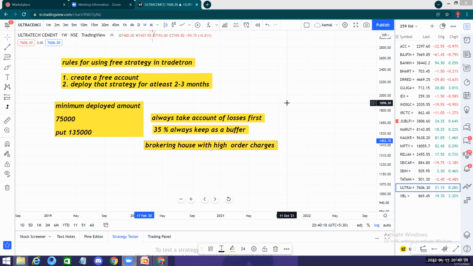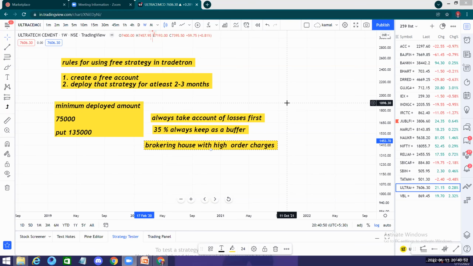I always looked at their payoff graph and the simplicity of the strategy. If you make an iron fly in the option chart using Opstra, the margin requirement is about 60 to 75,000 rupees. So that is what I have kept as a basic for these strategies. Now this strategy, I have used in only one way: it should end up taking care of my brokerage per day.